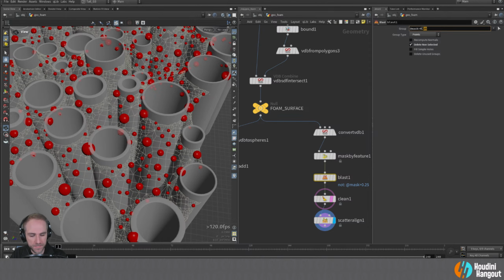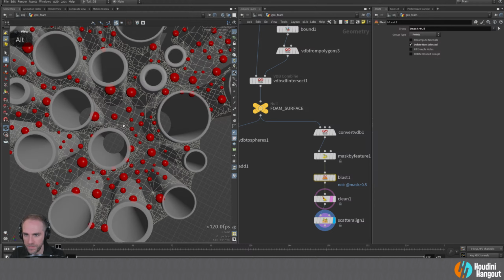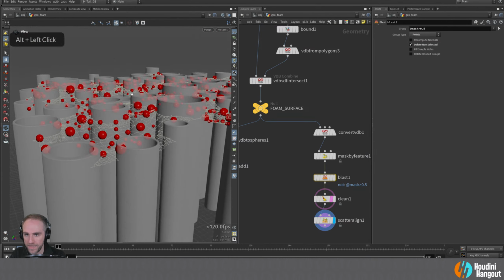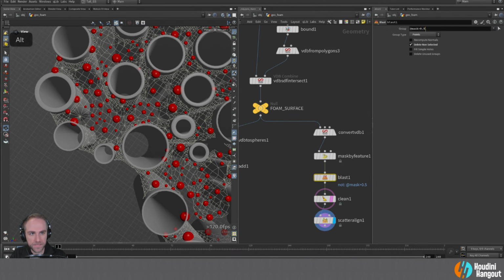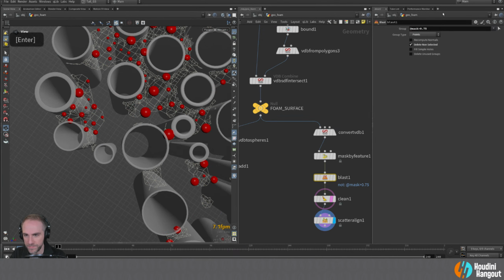Yeah, let me try. Let me just see if I can reduce this even a little more. Maybe that'll pull some of these in further. Yeah, looks like it will. And that might be good. It doesn't really matter. We're just doing an arbitrary surface here. So